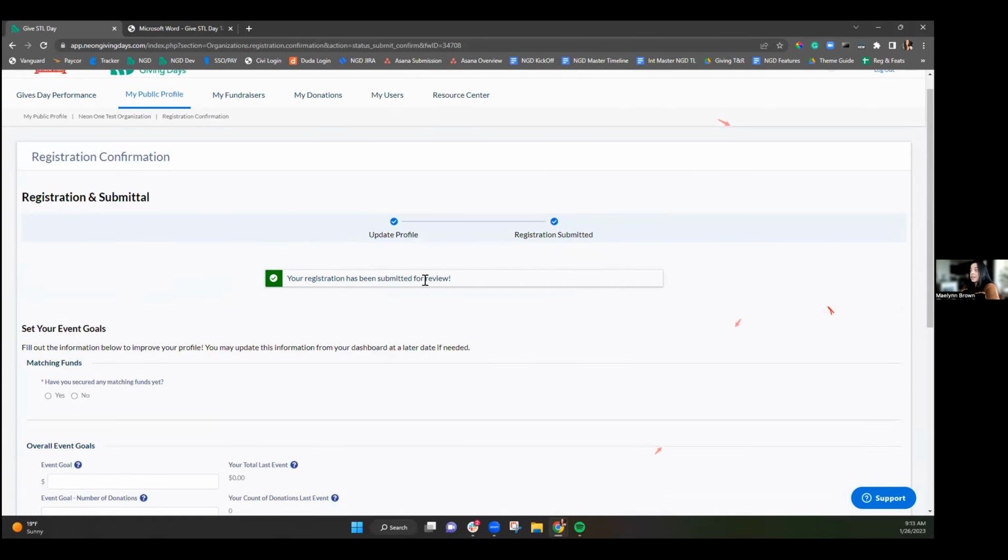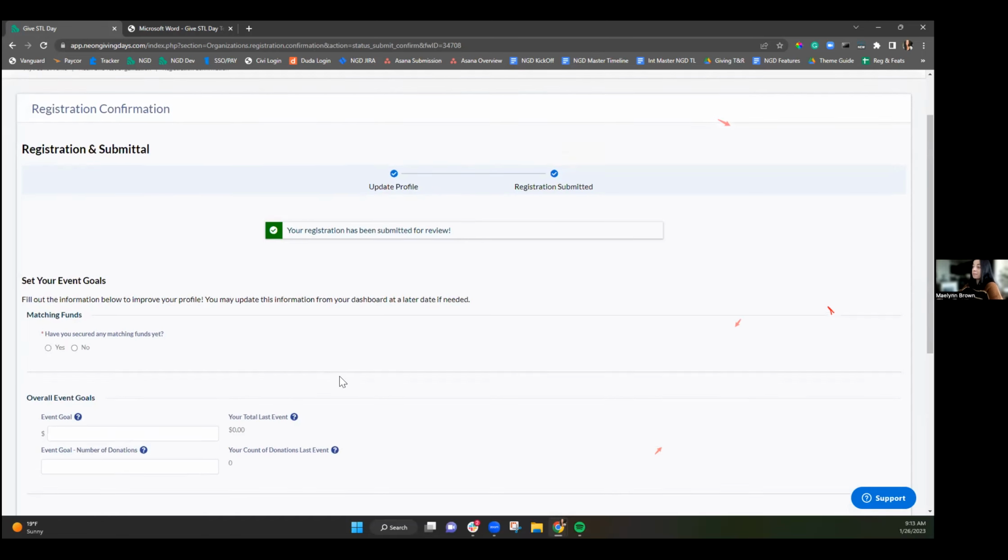So you'll see here your registration has been submitted for review. I have also received an email that says, hey, thanks for submitting your registration. We'll take a peek at it and follow up with next steps in the email. So anything that you do regarding registration, you will have email communication letting you know what's next and how to